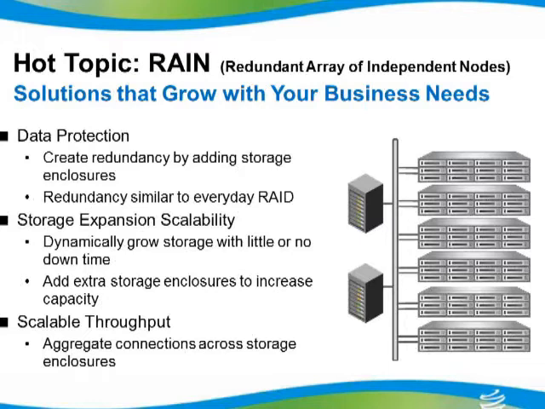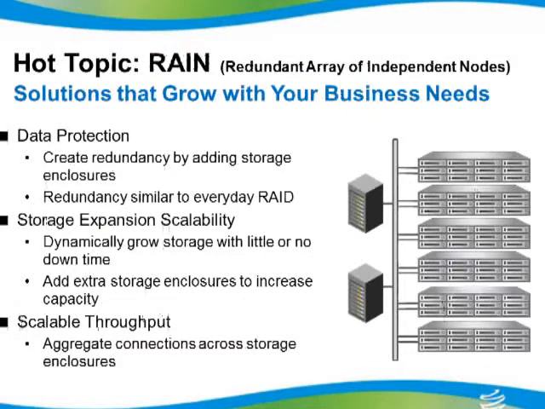But now I can do a RAIN 5, which again is similar to RAID 5. So my disk space would be equal to the space in two of these storage enclosures, but I'd be protected if any one of these three storage enclosures failed. I'd still have my data available to my network. The graphic that I have here has an overall total of, let's see, oops, back up here.